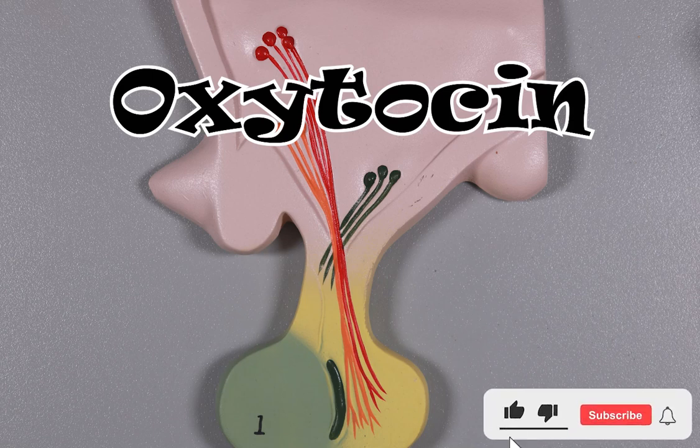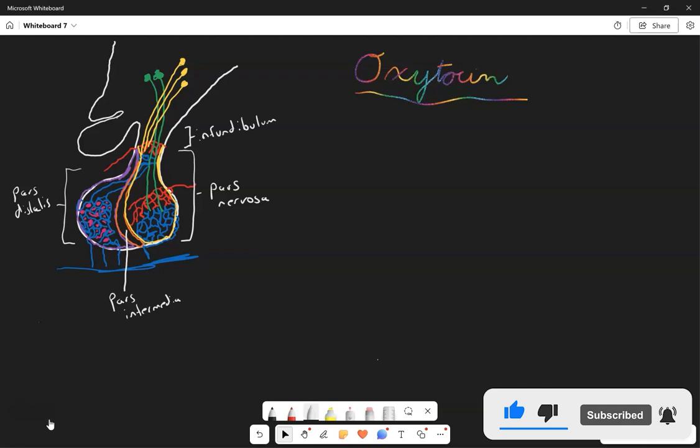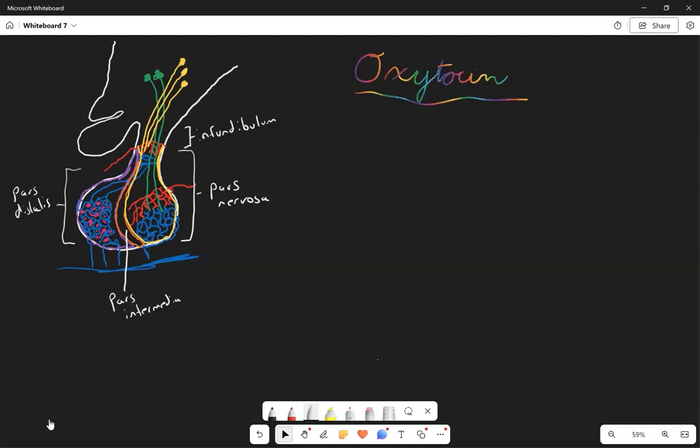Oxytocin is a hormone that is released by the posterior pituitary. So it's released by the pars nervosa. One of the things that we have to remember is our pars nervosa is neurotissue. So it is a neurohormone. So oxytocin is a neurohormone, and it is released as a result of stretch receptors sending a signal to the